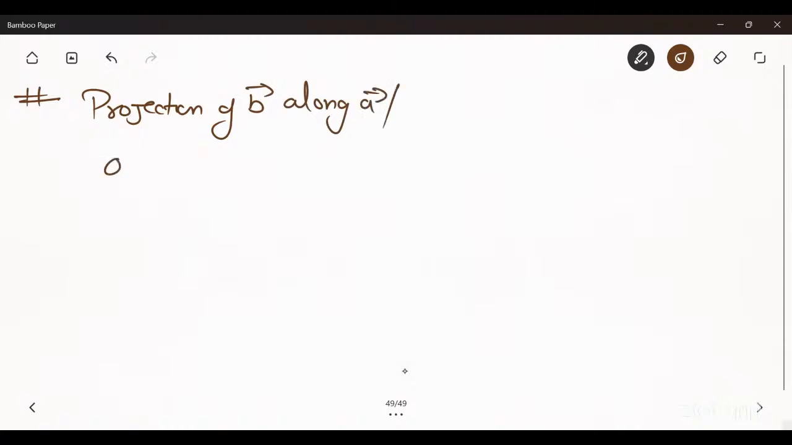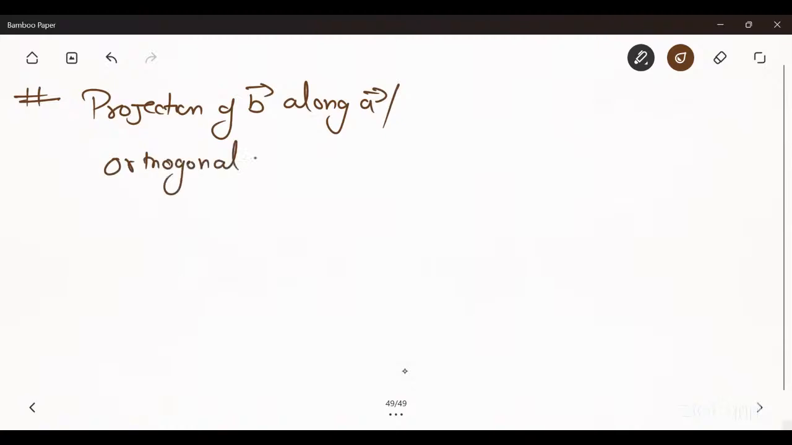Now one more important part here. One more formula for projection of B along A, or you can write it as orthogonal